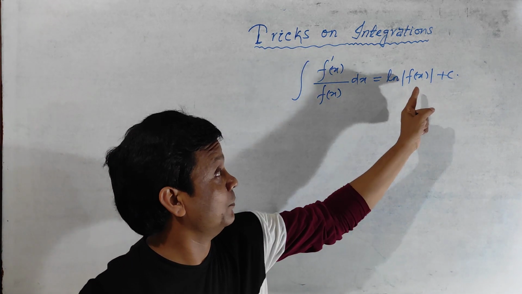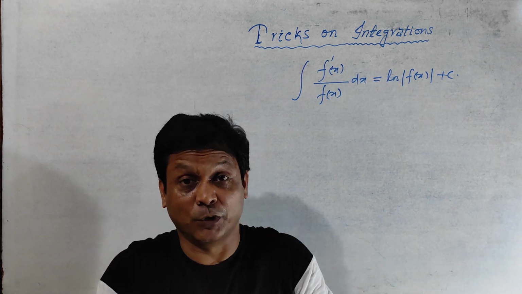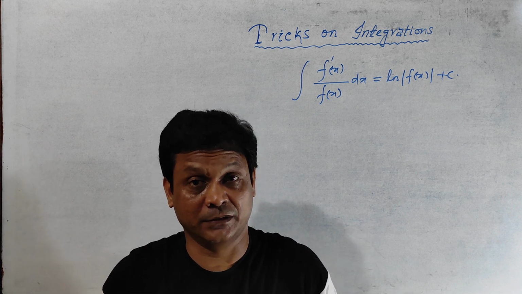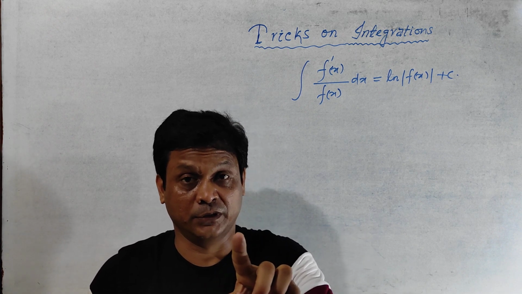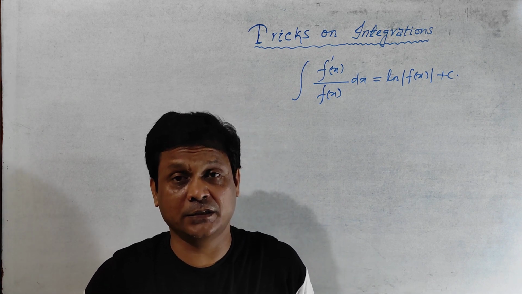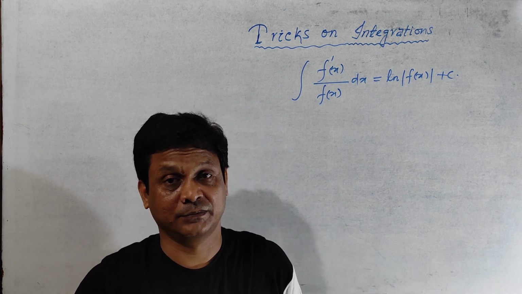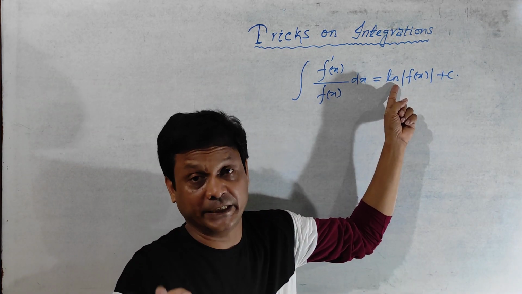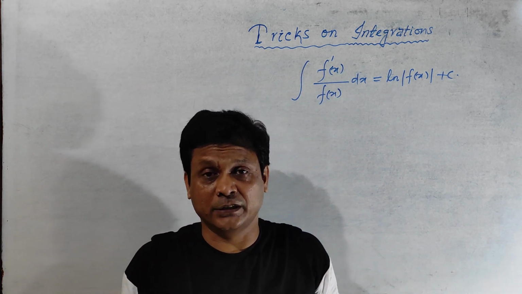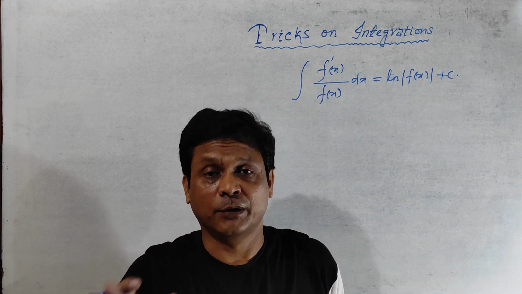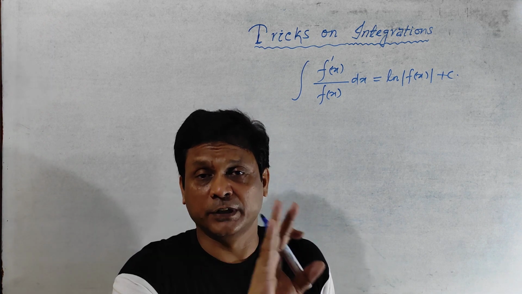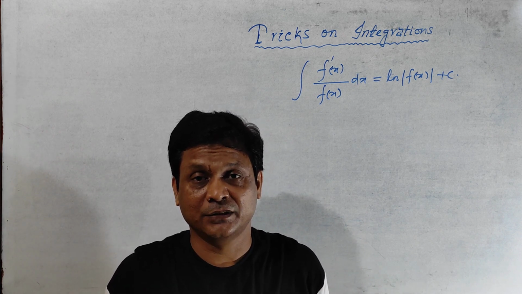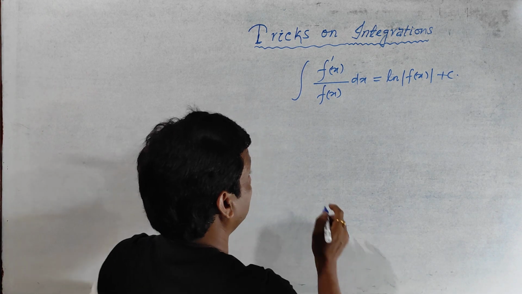Then the answer will be ln of the denominator. And you should put a mod because log of a negative is only possible in complex cases. But in real analysis, there is no real solution. Clear? So you should put a mod. And either you can write ln or log base e. In derivative and integration, there is no formula of log base 10. All the formulas are log base e, that means ln. Clear? See here. I am going to prove